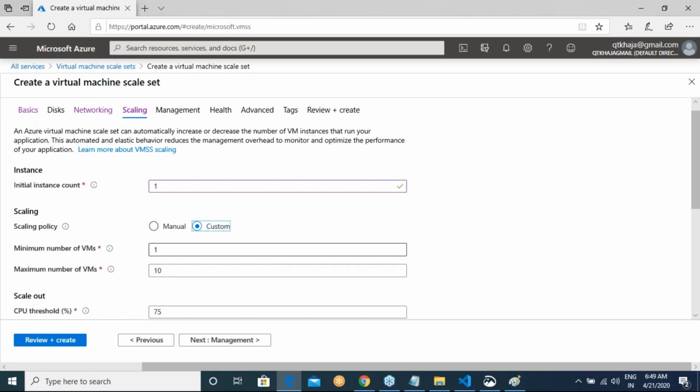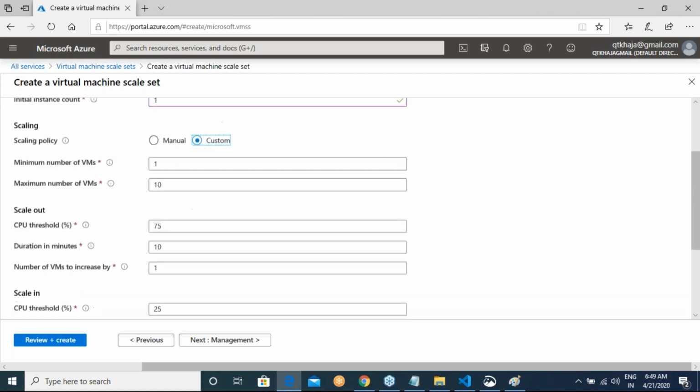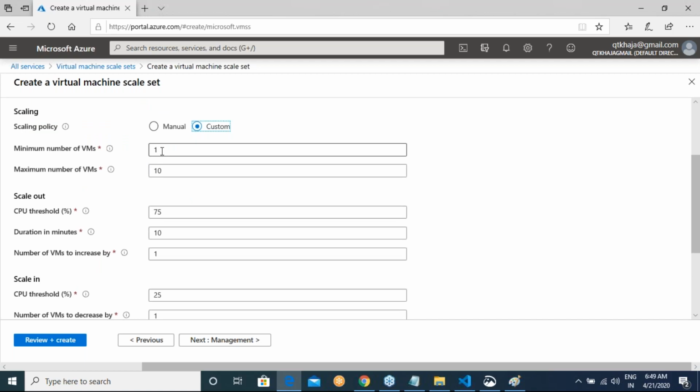Manual means it doesn't make sense. You will lose the benefit of automation. What is the minimum number of VMs? I will start with 1. What is the maximum number of VMs you want to go with? Let us assume I'll call it 4. Okay, so this application should never go beyond 4 virtual machines, right?